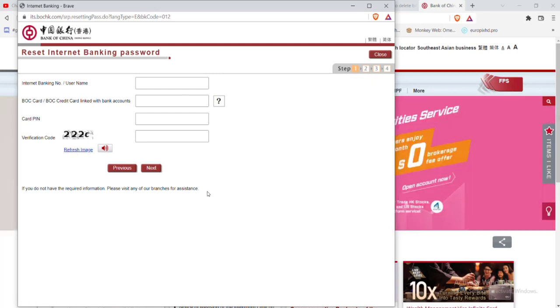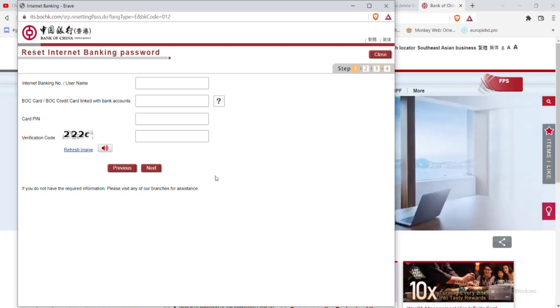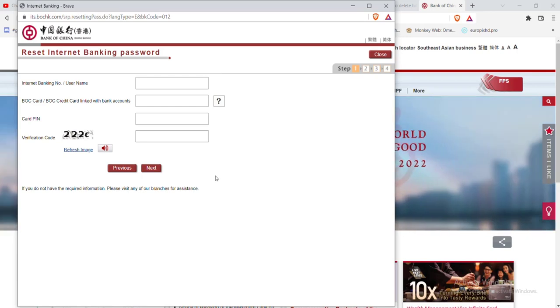After you fill in all those credentials correctly, just click on this next option, which will guide you to step 2. On step 2, there will be some more credentials you'll have to fill, which will allow you to reset your internet banking password. I hope this video helped you to reset your internet banking password on the Bank of